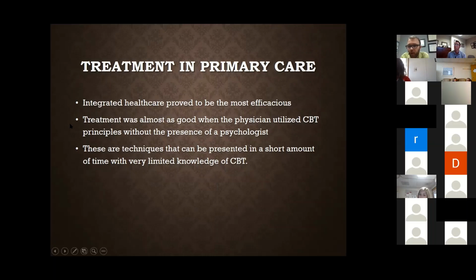The good news about all of the techniques, with maybe the exception of the sleep restriction technique, is they are basically risk-free. If you ask somebody to turn the TV off in the night, there is no harm that is going to come to your patient. If you ask your patient not to take a nap in the day, there's no harm that is going to come to that patient. So it is basically risk-free.